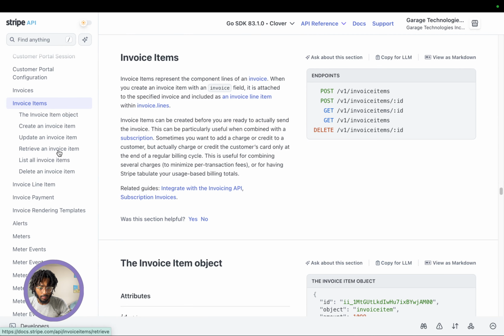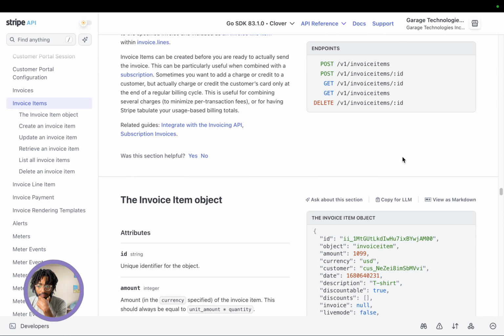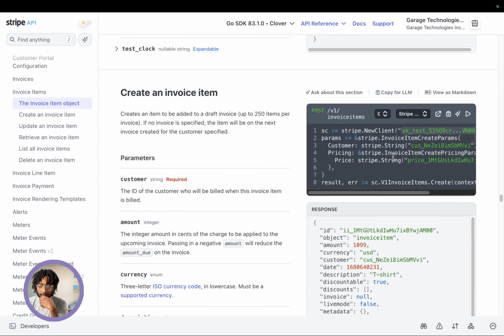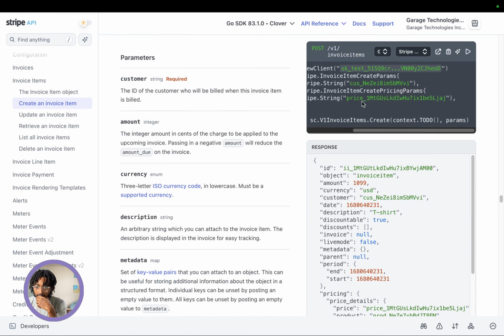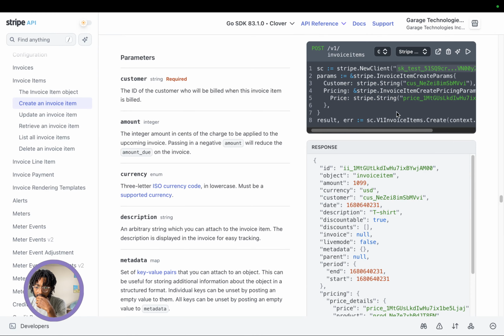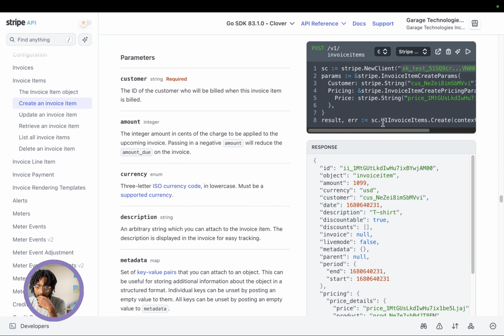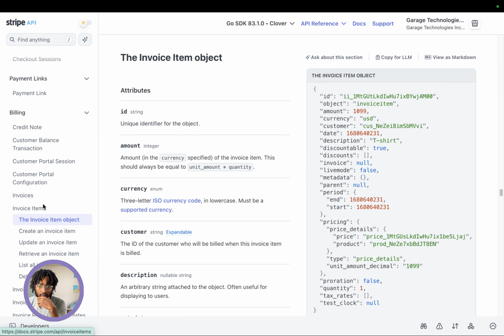All right, let's create an invoice item. We hop out and they hop in. Maybe